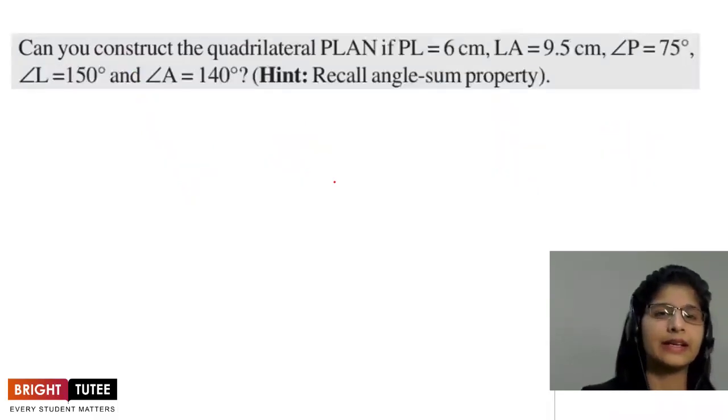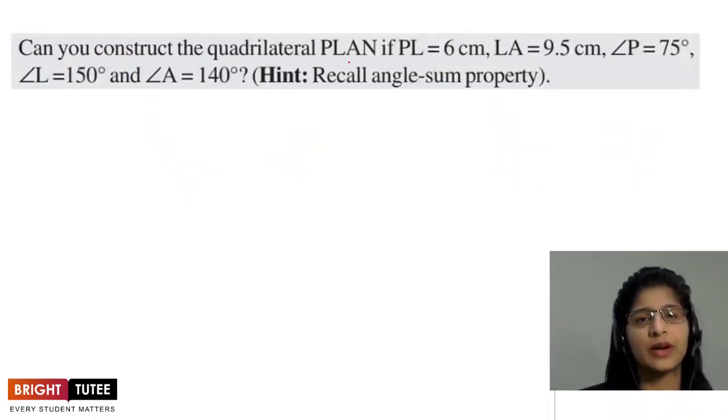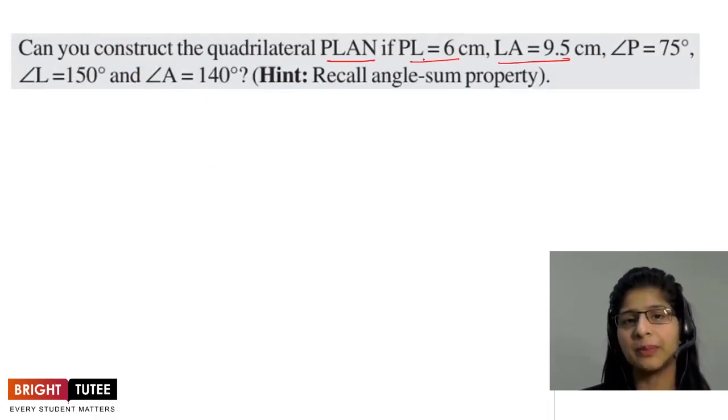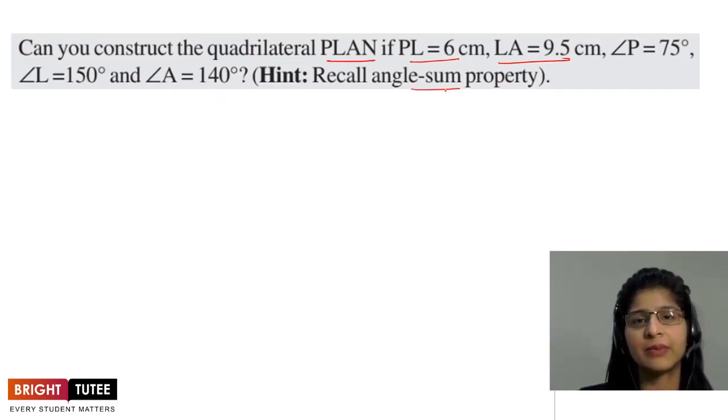The next part here is, they're asking, can you construct the quadrilateral PLAN? PL is given, then LA. You just see, after PL we have started another side LA. So yes, these are adjacent sides. They have the common vertex L. Then angle P is given, angle L is given, angle A is given. So can we construct a quadrilateral? Let us just try with the angle sum property. We have 150 degrees, 140 degrees and 75 degrees. If we add these, we get